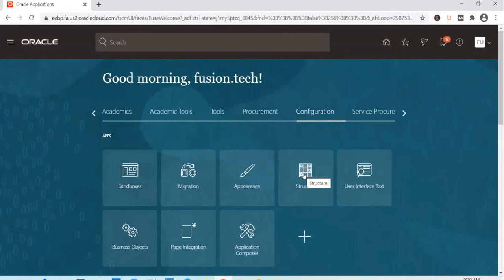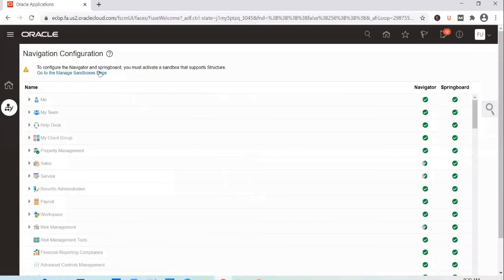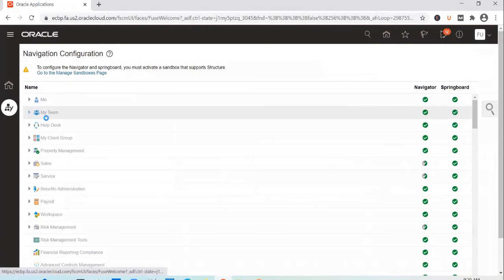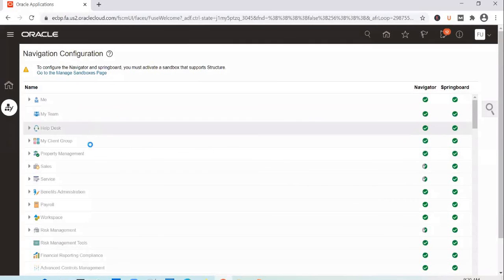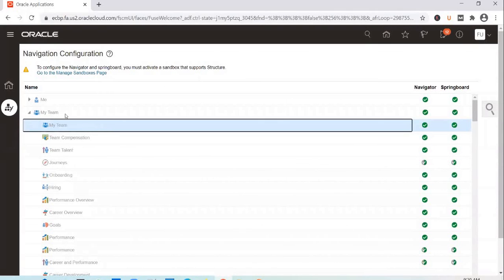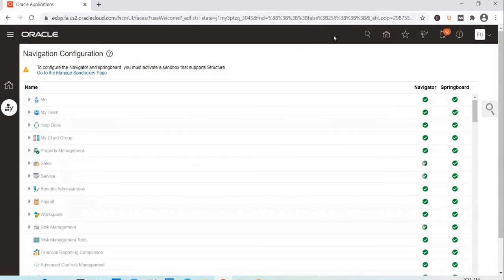See, when we went into structure and added a new page, if you go into structure, you see the groups there. These are not enabled because we are not in sandbox mode, but if sandbox mode is enabled, you expand it, you see the pages, and you will be able to move them. You select the page entry that you want to move from my team to, say, the me section. You click on it, it will open up, and you will see the group on that page entry, and it would have been my team. So click on the drop down and select me. This will get plugged out from here and added under this group. You can regroup the page, regroup the icons. No problem at all.